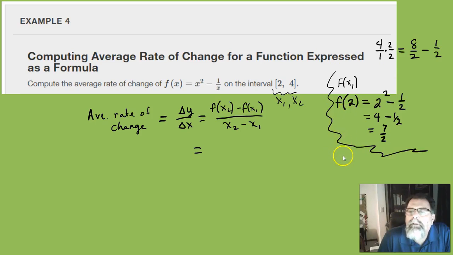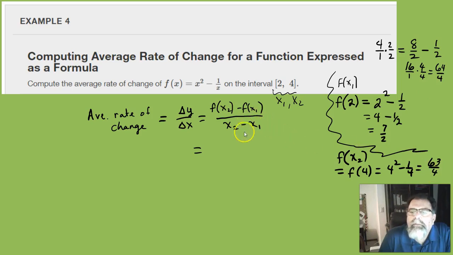Then, again, this is kind of scratch work. Now we got to do f of x sub 2. Well, x sub 2 is 4, which is 4 squared minus 1 over 4. So that's 16 minus 1/4. So 16, we want fourths. So that's 64 fourths minus 1/4 is 63 fourths. Okay, so now we got our 2 points. So f of x sub 2 is the 63 fourths minus f of x sub 1 is the 7 halves, over